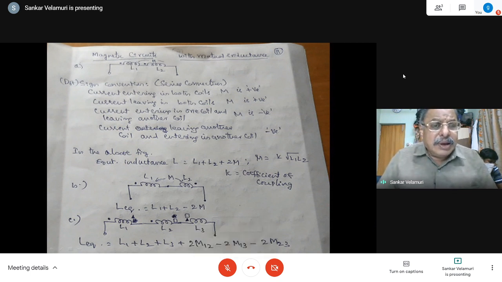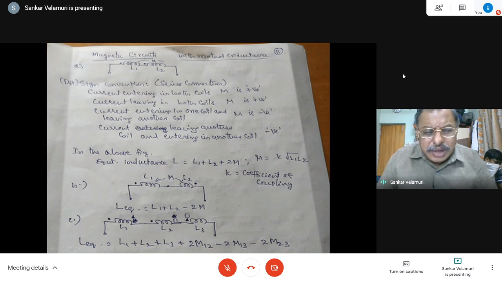So I start with this. We know when two coils are connected in series, with respect to resistive circuits, R equals R1 plus R2 is the equivalent resistance. With respect to magnetic circuits, we need to understand that due to the flux linking with the current flowing through one of the coils, there is a possibility of the flux linking with the other coil also. So there is what is called mutual inductance, by the principle of mutual induction according to Faraday's law of induction.